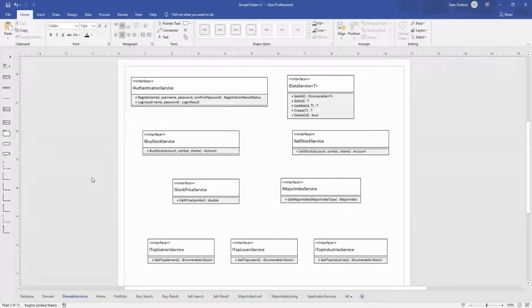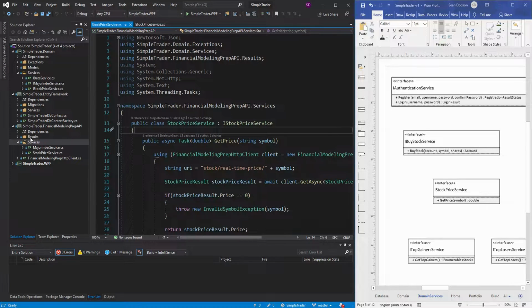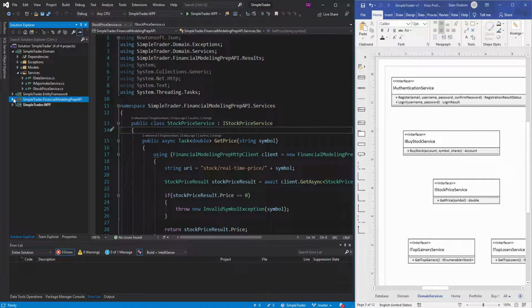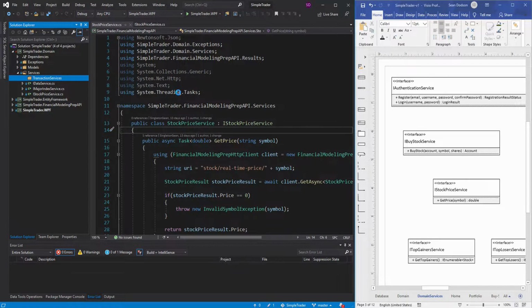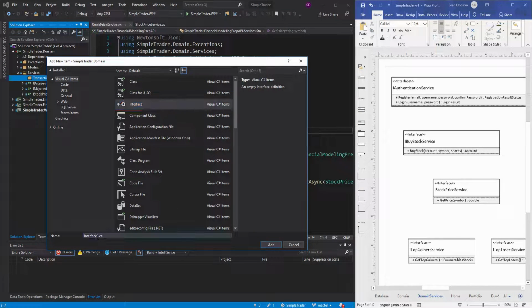So the next two services that we are going to implement in our application are the IBuyStockService and the ISellStockService. So let's go back to our application here, and we're going to go into our domain layer, and we have our services folder. Let's actually create a new folder, and we're going to name this Transaction Services. And inside of here is where we're going to have our IBuyStockService and our ISellStockService. So let's start off by doing the BuyStockService. Let's create that interface,